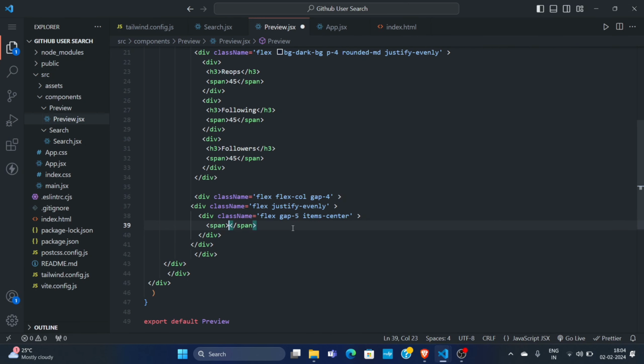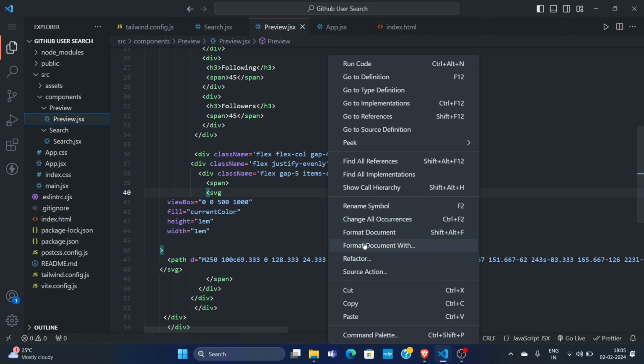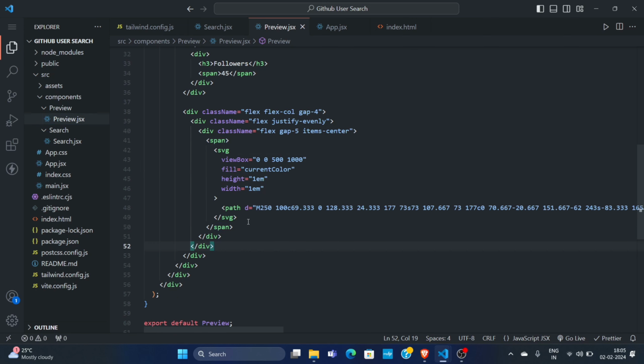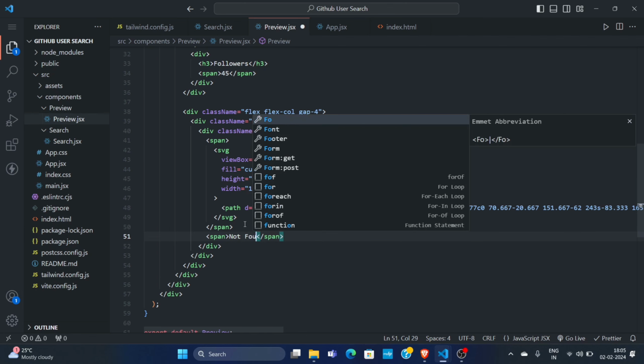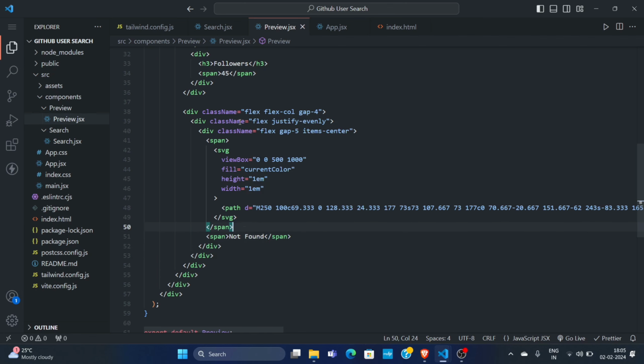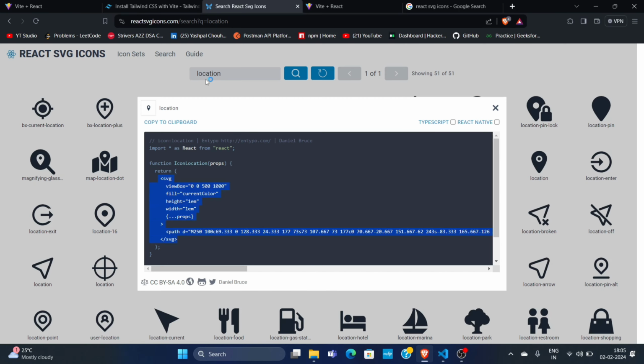So create a span here, and inside this span I will paste the icon, and let's remove the props and format the code. And outside this span I am creating a new span, and inside this we will show the user location. So for now, temporarily, not found. Now let's copy the div and paste it here,